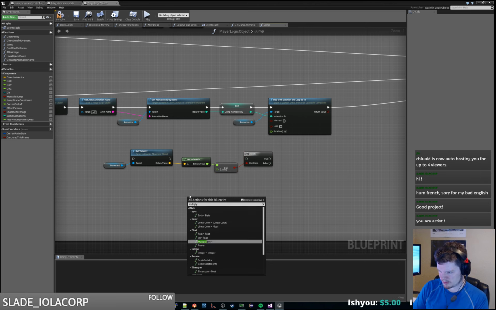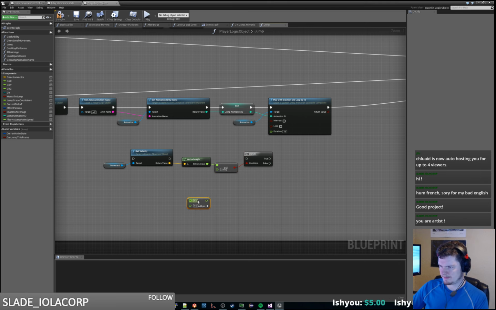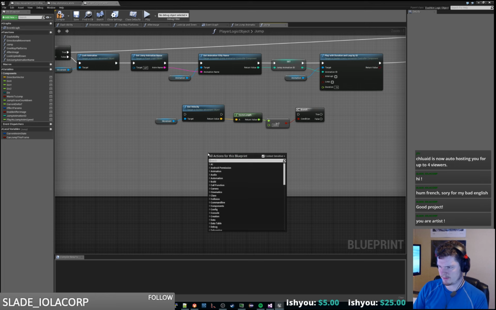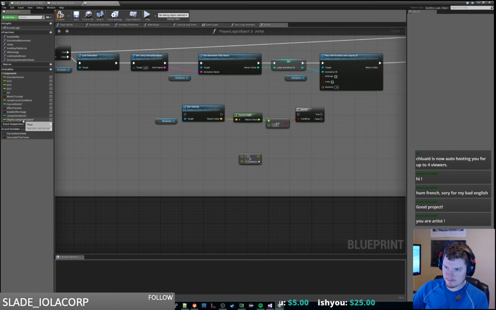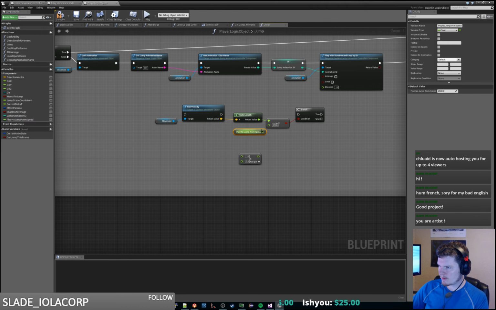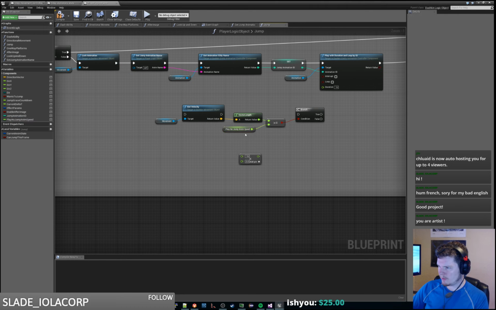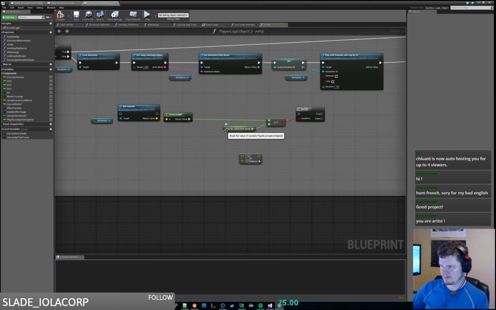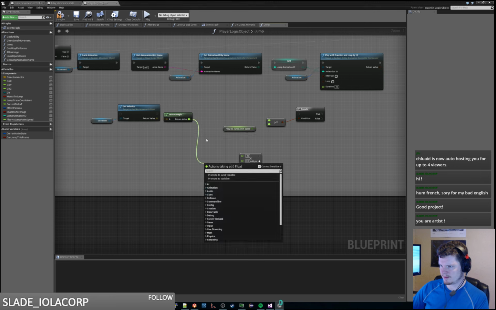So we want to multiply 0.16 by the divide. We want to take the current speed and do this vector length divided by